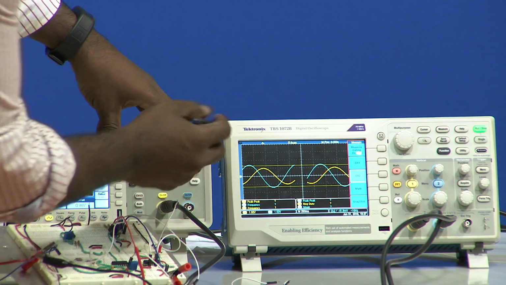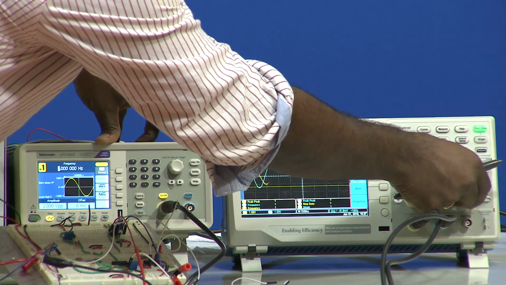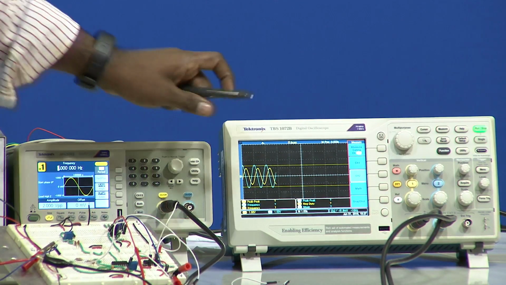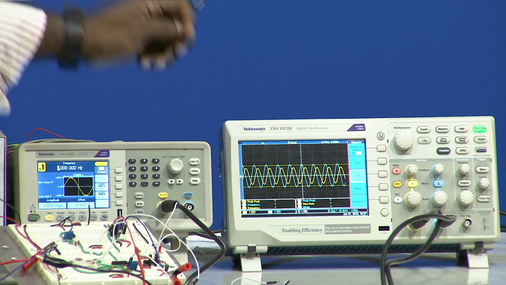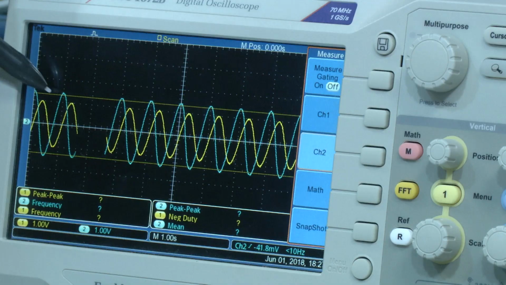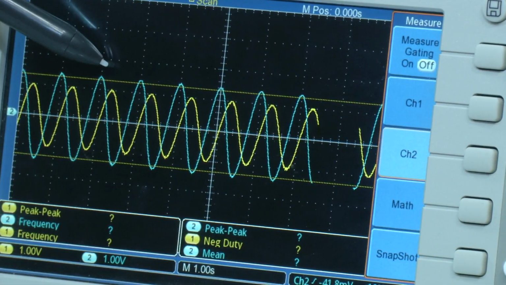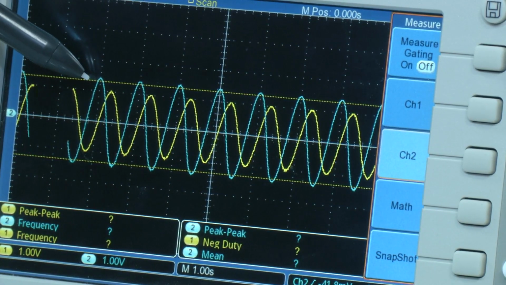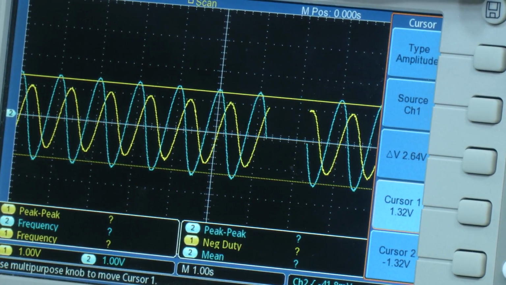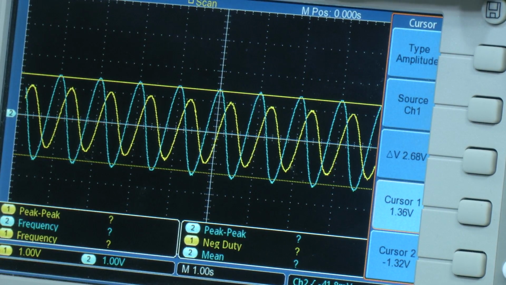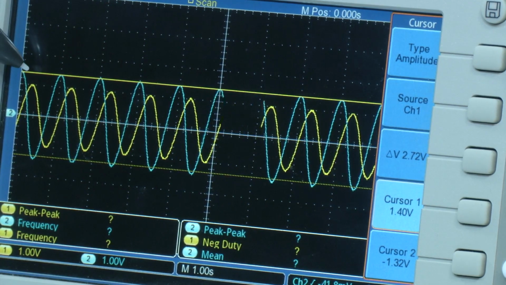Now, when it comes to 1, we can observe this. I will decrease the scale. When we zoom into the input signal on the CRO, we can observe that the output is very close to the cursor, but still higher. This cursor point is 1.4. When you look at the cursor, oh it has changed, it should be 1.4. So it is very close to the cursor value.